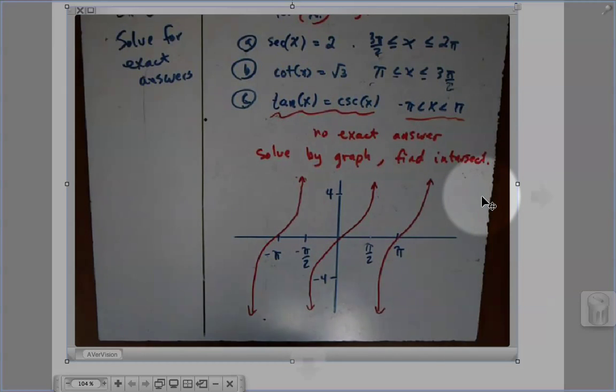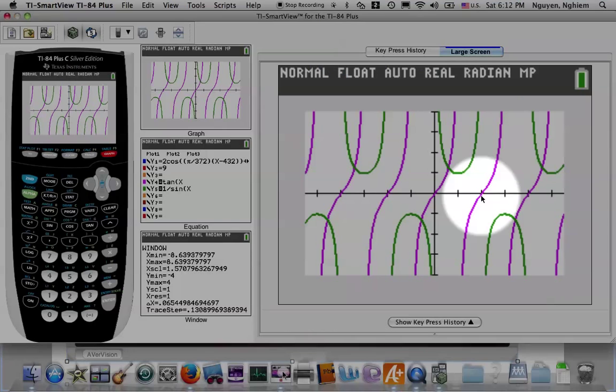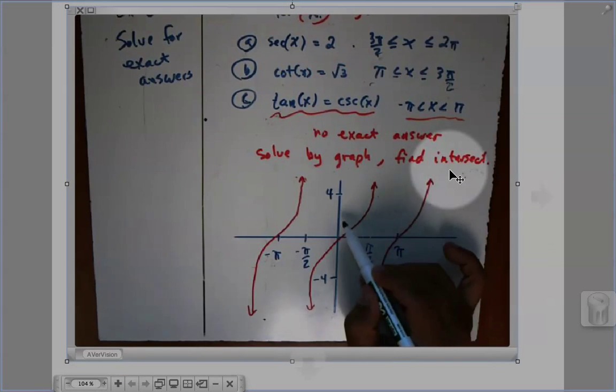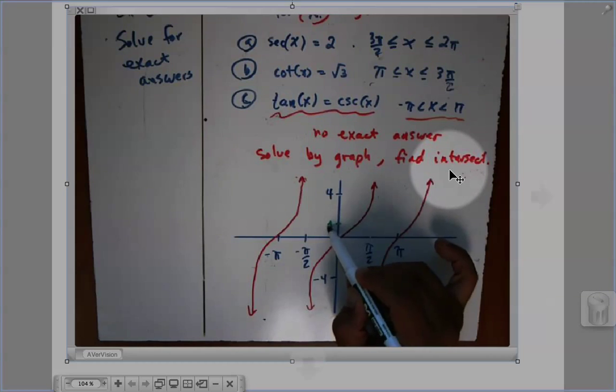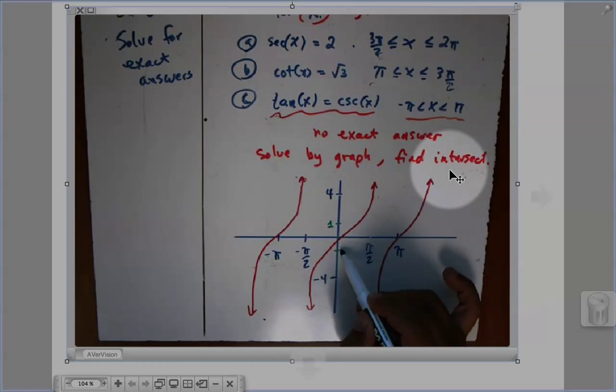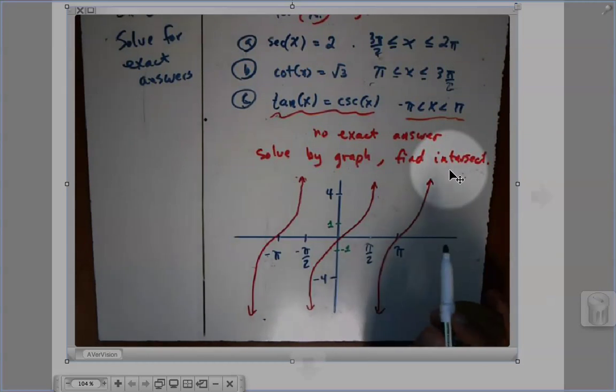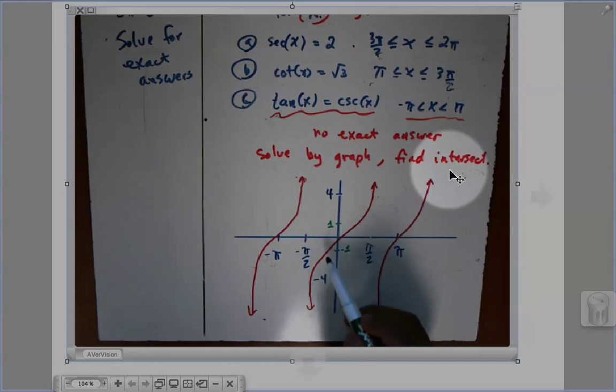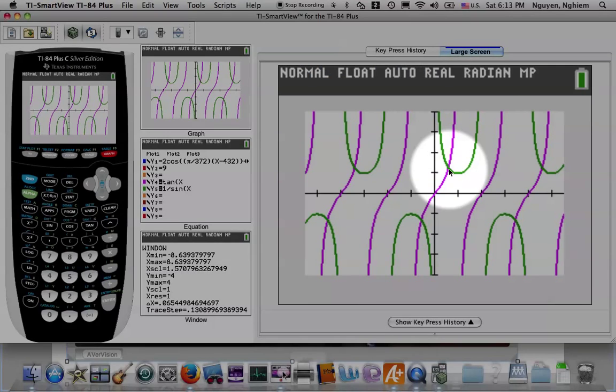And then I'm going to use my green marker to graph the cosecant function. And I only need to graph it between negative pi, which is here, and pi. So I only have to do 2 u's here. And keep in mind that cosecant has a min and a max at these particular points. So it is going to look